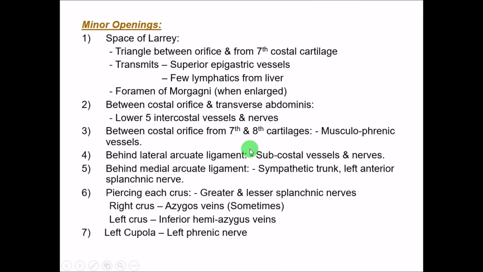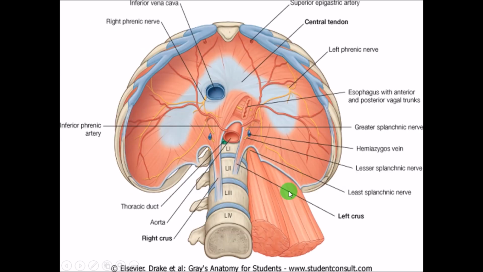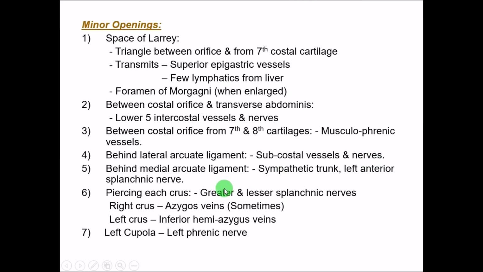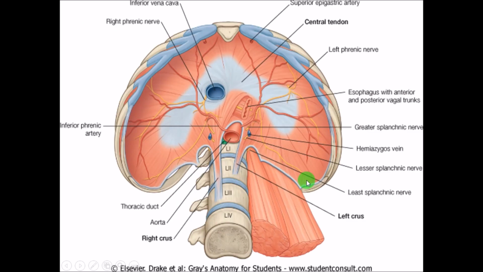Okay, sympathetic trunk as well as the anterior splanchnic nerves. Okay, piercing each crus will be the greater and lesser splanchnic nerves. Piercing the crus will be the right and the left gastric splanchnic nerves here. Okay, these are the great splanchnic nerve and the lesser splanchnic nerve. So the greater and lesser splanchnic nerves will be piercing the crus on their left side as well as on